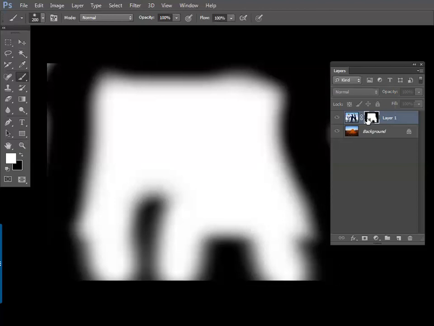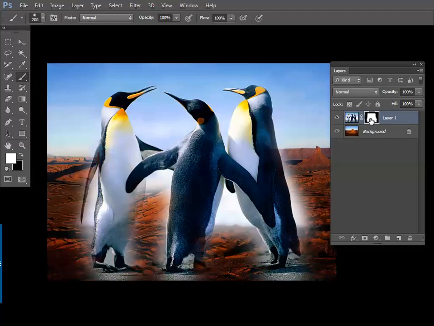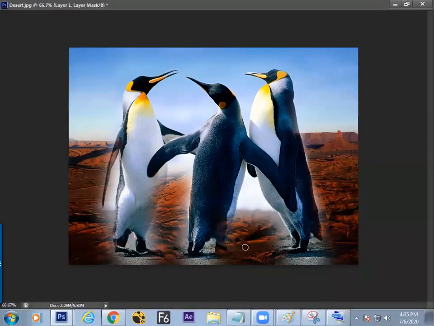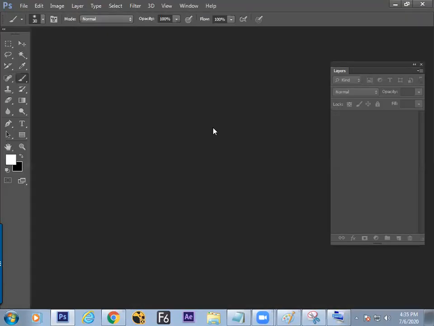Sometimes it is difficult, but the advantage we have understood. Once you get the advantage, then it is easy for you to understand. Let it hide. So we have used all the properties of the brush, hardness and all, and we have seen how the black and the white are helpful to us in photo cutting. Fine. One theory we have understood, and in practical we have seen how it mixes things. Now a little advanced.